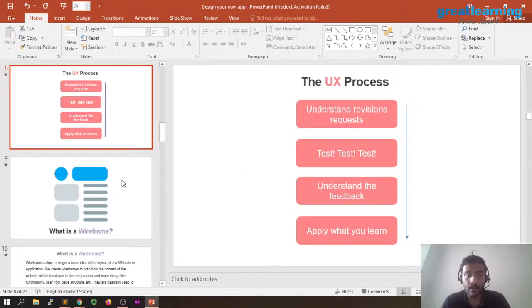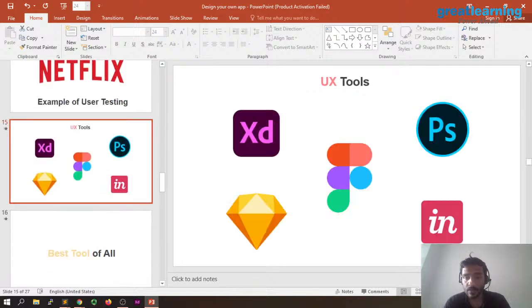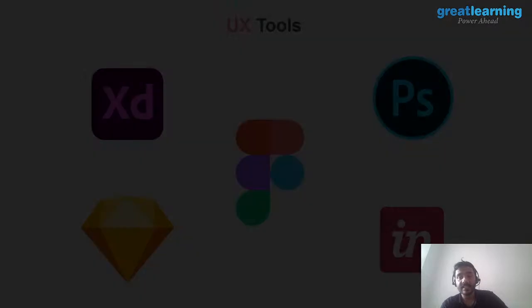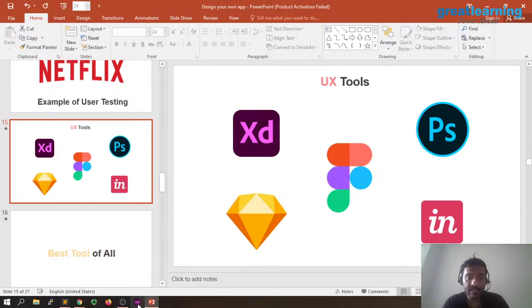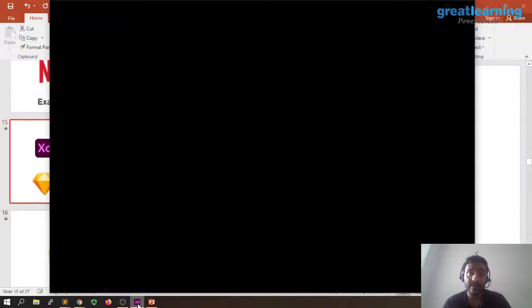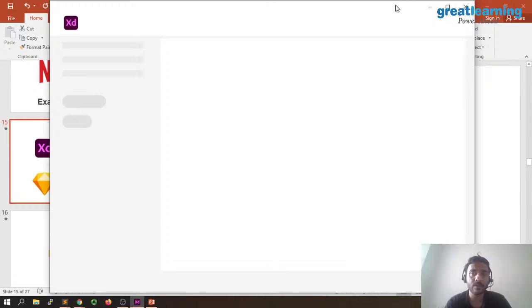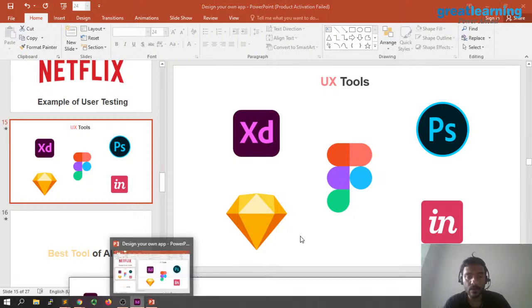Okay. All right, so there are multiple tools you guys can use, right? So there are multiple tools. You guys can use XD, Figma, Sketch, Photoshop, InVision, Canva. You have a lot of tools available to you. The one we'll be using today is XD. Okay, so let's move on to XD. Now, the reason we're using XD is because XD is completely free as of now, and it's very easy to use, and it's available for Windows 10 only. So if you have something below Windows 10, you will not be able to use it. Then I would recommend you guys go ahead and use Figma. Okay, Figma is pretty cool tool also.